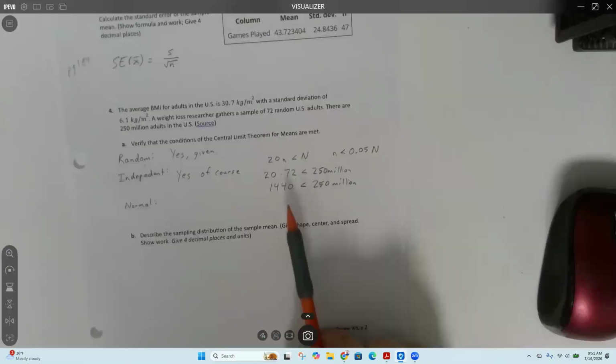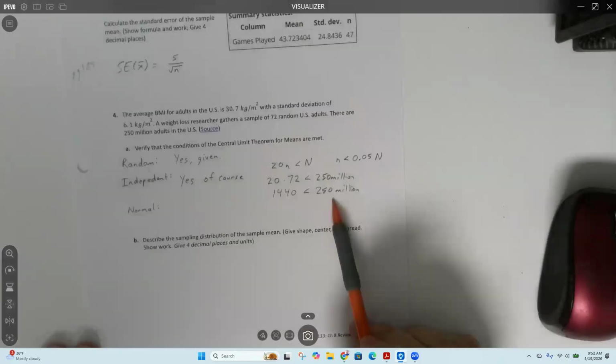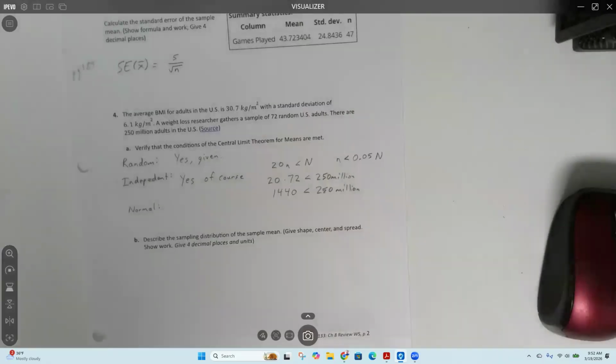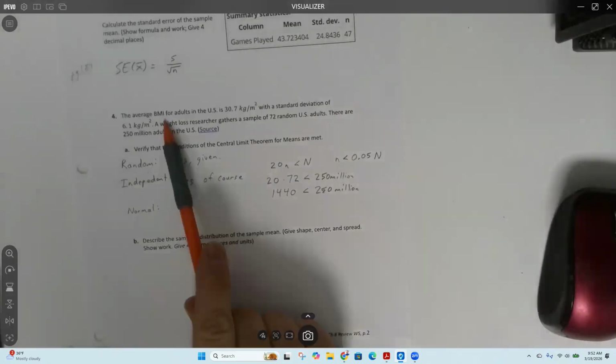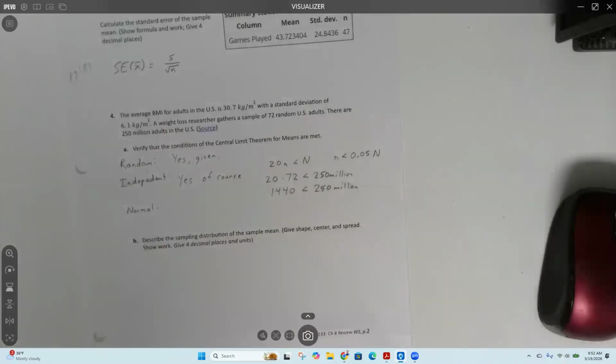Most of the time, your sample size isn't even close to your population size. The whole point of taking a sample is that your population is too big. If your population is too large, you can't measure everyone. You can't measure everyone's BMI. You can't ask everyone in the US who they're going to vote for. It's going to be too expensive. It's going to take too long.